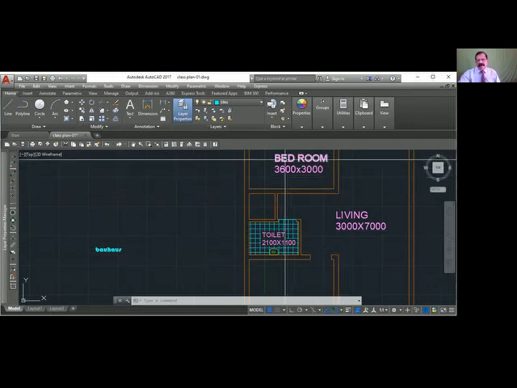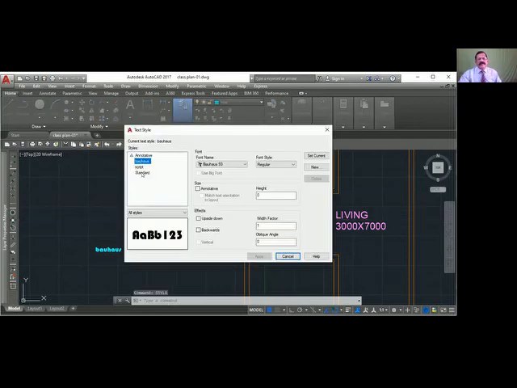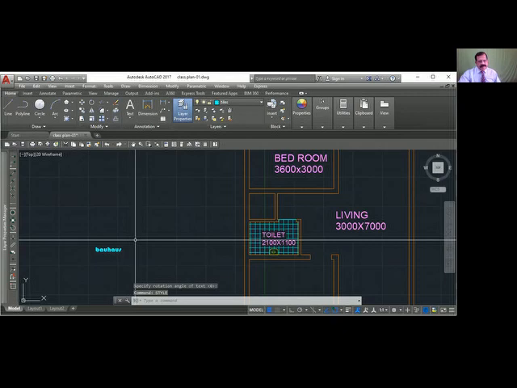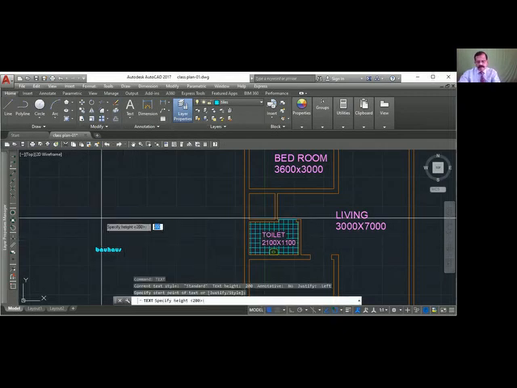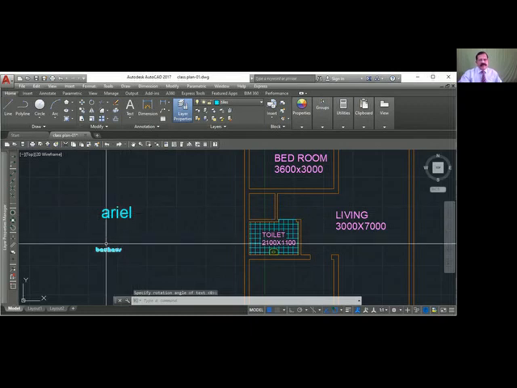If you want to come back to Arial, you go to style, enter, select your standard, set current, and come back here. Text. Height I will say 500. Arial. Okay, that's how you use it.